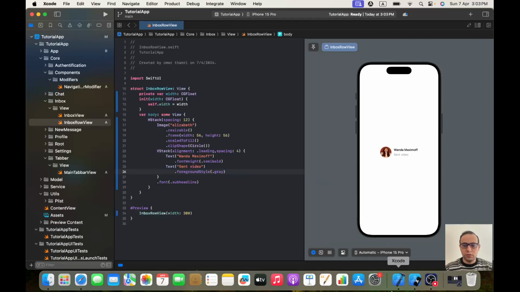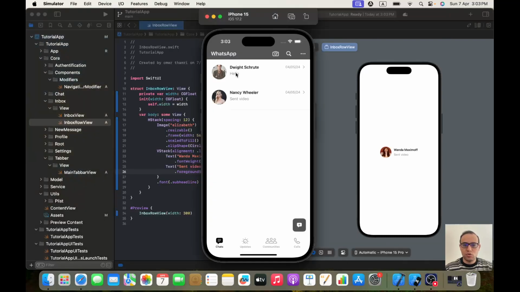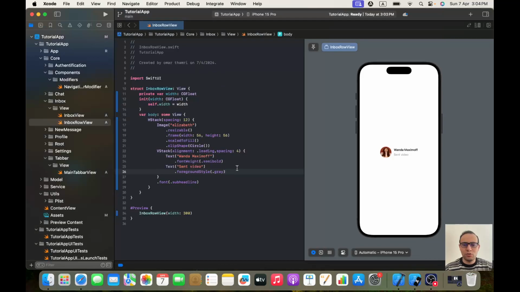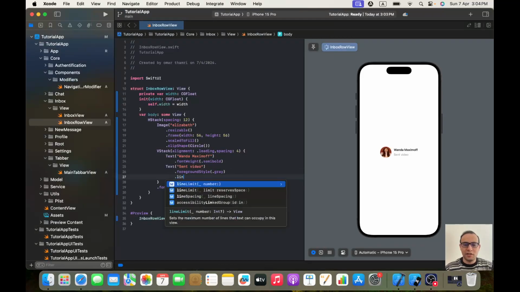Also, another thing we need is, you see this one, for example, hello, it's the last message we received from Dwight. If let's say he didn't send hello, he sent us a 4 or 5 line message. We won't write 4 or 5 lines of message. We will write only the first 2 lines. To do so, we will add also dot line limit of 2,